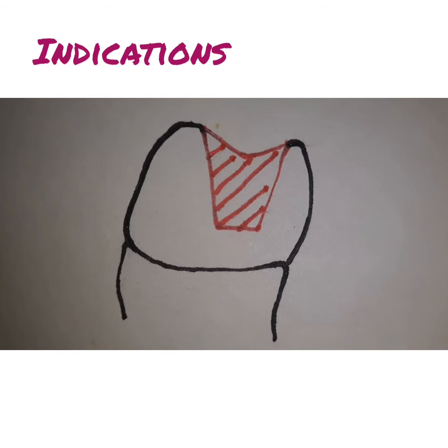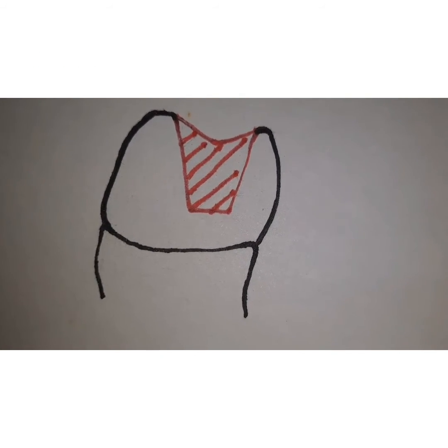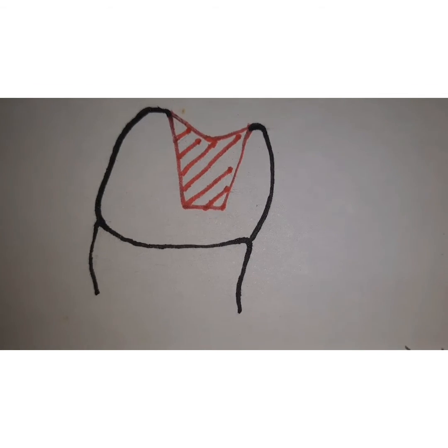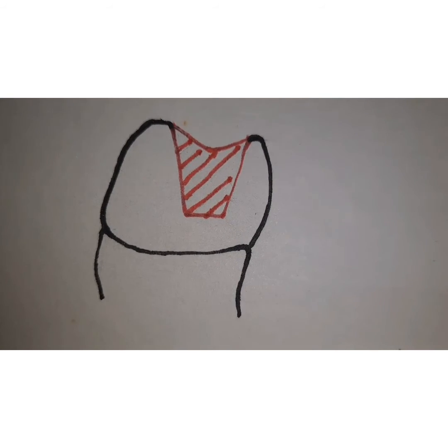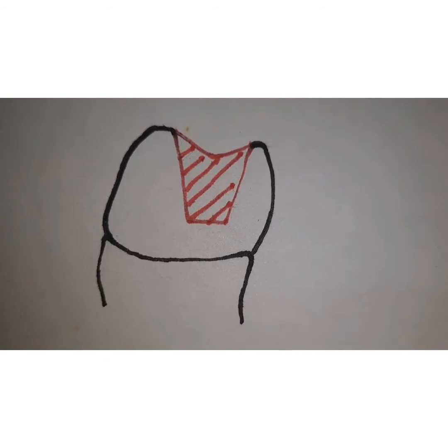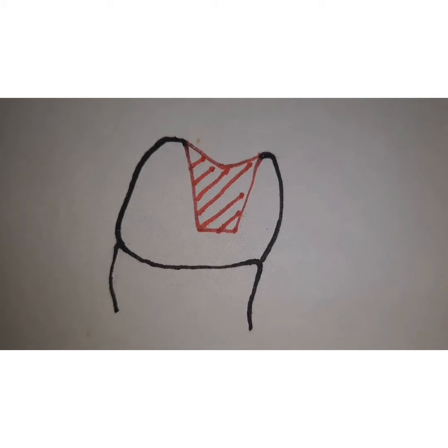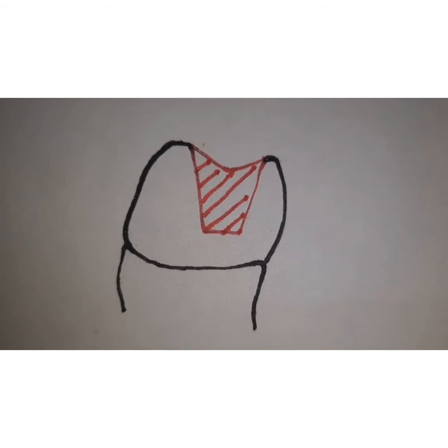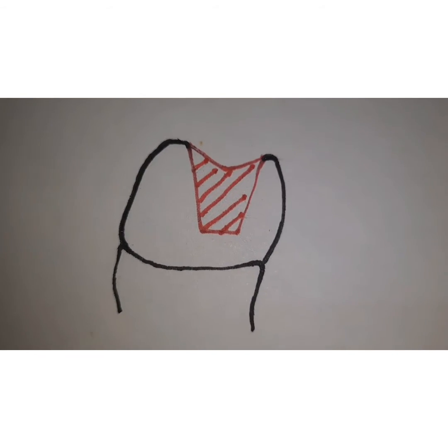Indications for this type of retainer are where you have minimal caries or an old restoration which requires a mesio-occlusal or a disto-occlusal restoration, or where you have adequate dental support. This is very important, where the patient has a low caries index and requests an all ceramic or a gold restoration instead of an amalgam or a composite resin restoration.